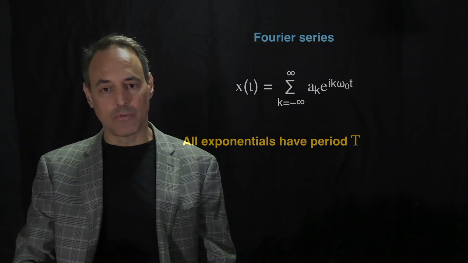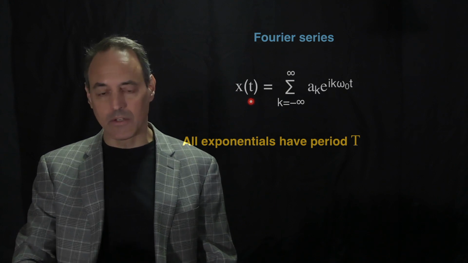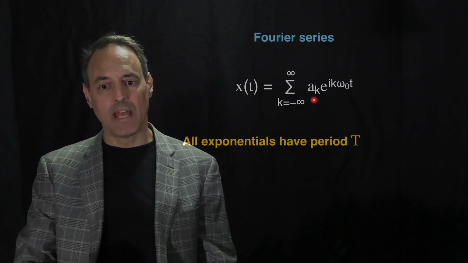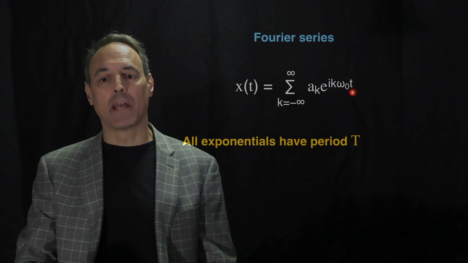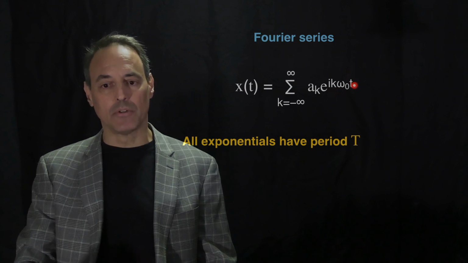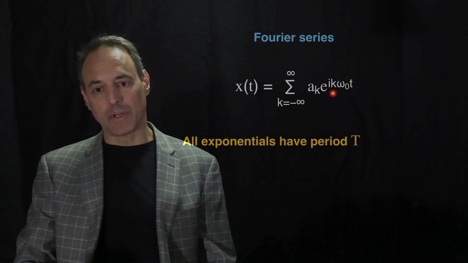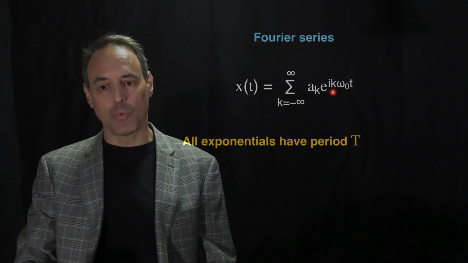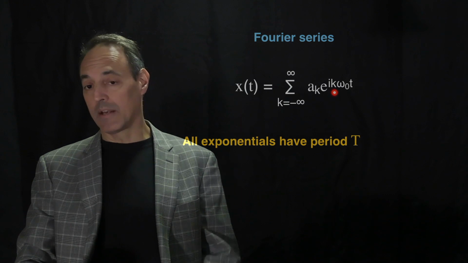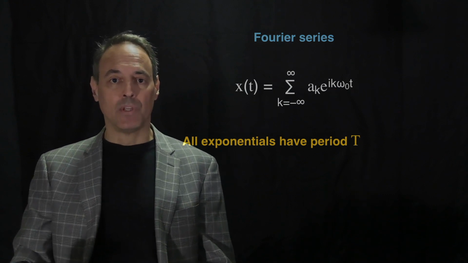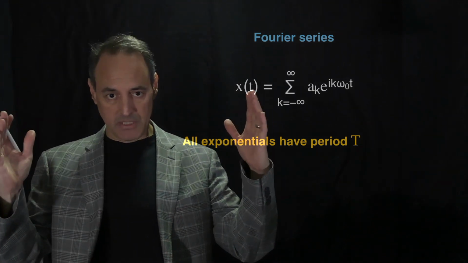So a Fourier series representation then is to say, take a signal x of t, represent it as a sum from negative infinity to infinity of a_k e^(i k omega naught t). All of these exponentials, because I've picked omega naught as the fundamental base frequency, with k equals 1, 2, 3, 4, negative 1, negative 2, negative 3, integers, all have period T. So on some domain of period T,